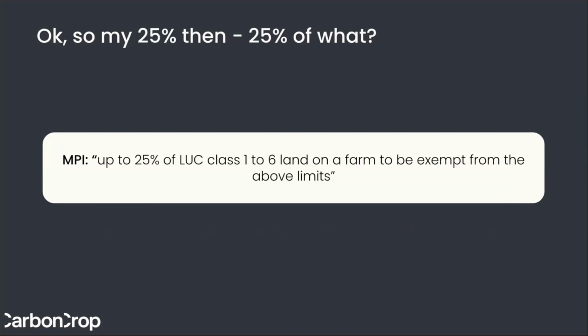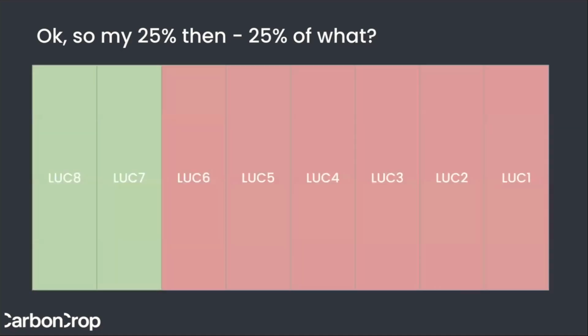Our expectation is that, setting aside existing forest that's already in the ground at the end of 2024 and existing forestry investments that are already underway, which is sure to be the small minority of all future forest investments, and the 15,000 hectares of LUC 6, which is quite a lot in terms of total planting, but it's unclear how it will become available, our view is that for the average farmer, especially smaller scale farmers looking to do partial retirement of parts of their farm to create a carbon forest, or just a general forest with carbon as a revenue stream, the 25% number is what they're going to be looking at. And this is one where there's a lot of questions around how it will be calculated.